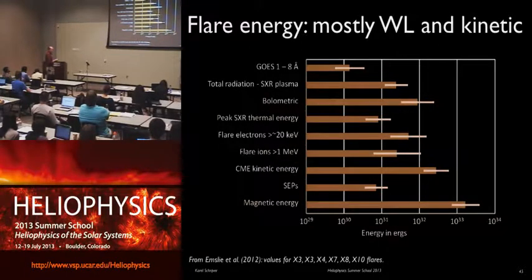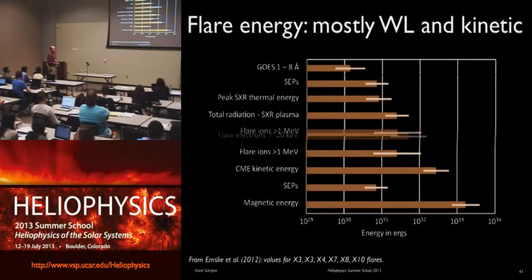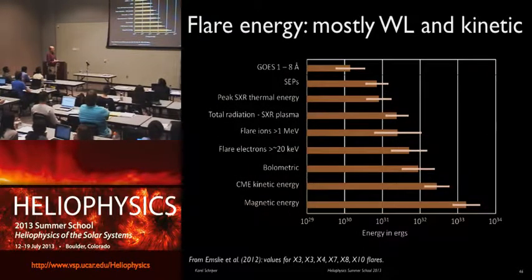But let's look at this in slightly different order, because I had difficulty understanding this diagram. I'm going to reorder it in terms of magnitude. As Terry said, the energy is there in the magnetic field. That's not the problem. There's more energy in the magnetic field than can ever come out in the form of a flare or a coronal mass ejection.